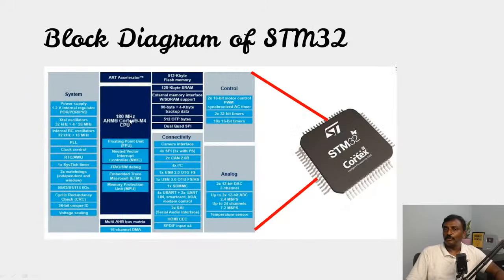So for example, if you're using a 24 megahertz crystal, you could still run the processor at 180 megahertz by using this PLL. Let me repeat. The advantage of going with STM32 is it has internal RC oscillators, so there is no need for external oscillators. And it has a PLL, which means even if you give a 20 megahertz oscillator to the microcontroller, you could still run it at 180 megahertz. You could achieve the maximum speed by using the PLL, and it has watchdog timers and